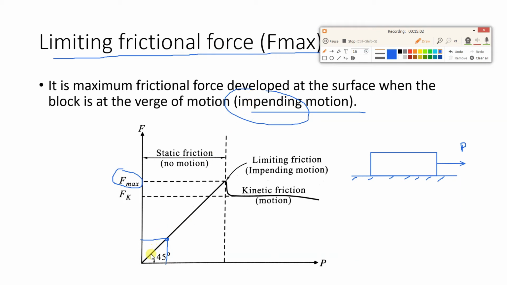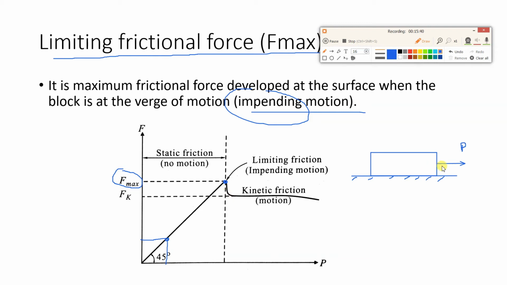Here you can see, when the effort is not there, the frictional force is also 0. If a small effort is applied, the frictional force also increases. As we go on increasing the effort, the frictional force will also increase, and because of that the body will be in equilibrium only. It will not move, it will be static. So till this point, till the maximum frictional force Fmax, that is the limiting frictional force, is achieved, the body will be in equilibrium only. After that, if we increase the effort, the frictional force will not increase, it will decrease and the body will move.